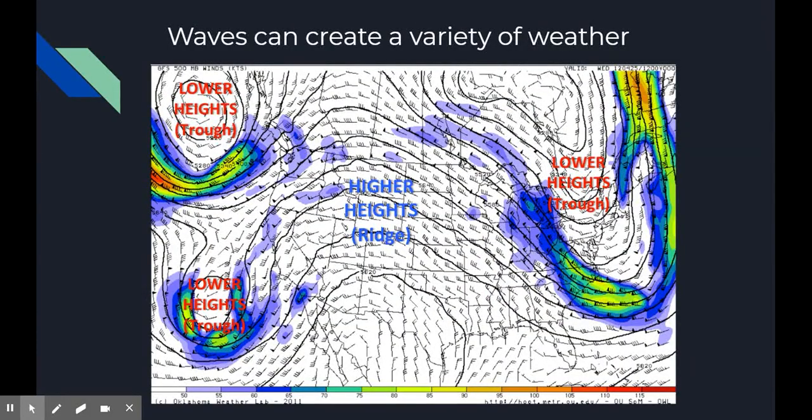These waves can result in a variety of patterns. In this image, a ridge is located in the center of the country. To its east is a deep trough on the east coast. There's a lot of active weather probably happening with that trough. To the west are a pair of troughs that are linked in a more complex way and may be part of a split flow. The colored contours that you see are associated with the jets that will be discussed later.